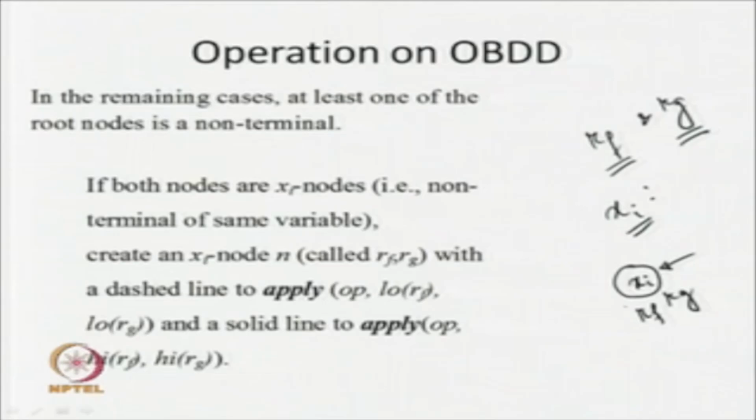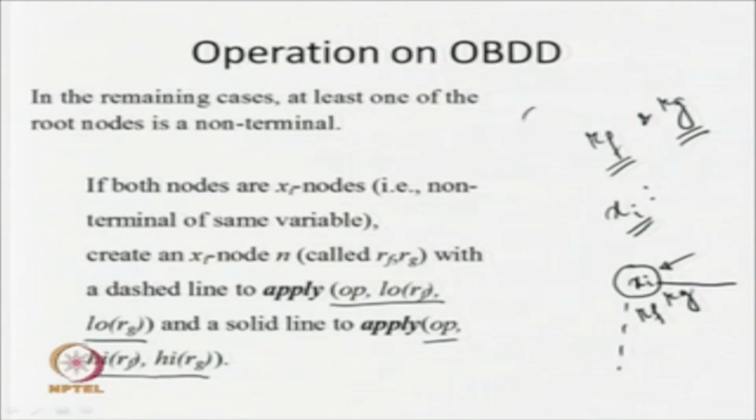This Xi node has two edges, one is dashed and one is solid. The dashed line says that Xi equal to 0, the solid line says that Xi equal to 1. So, in that particular case, we are going to apply this operation for the dashed line, apply op of LO RF and LO RG,